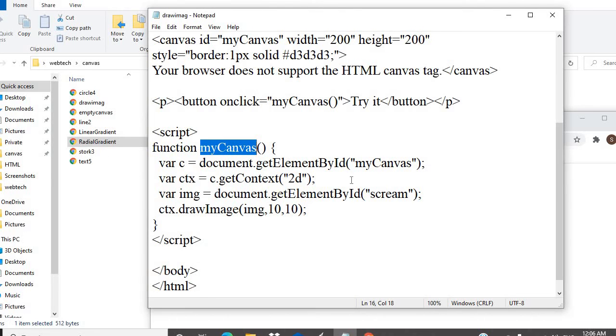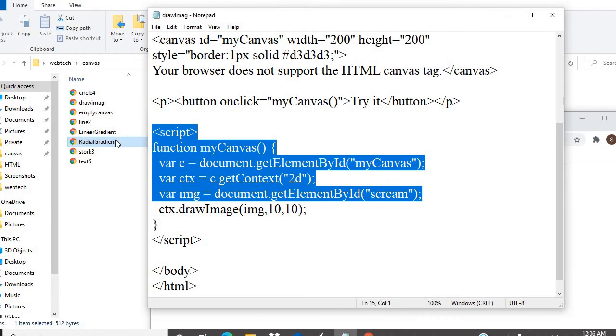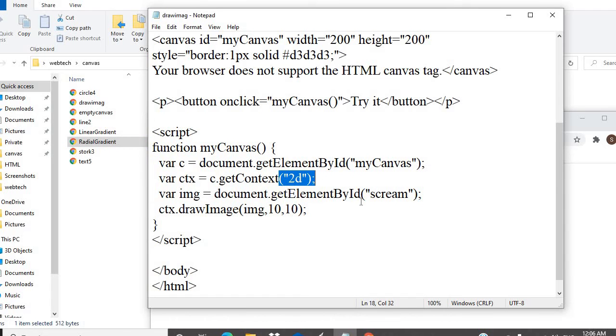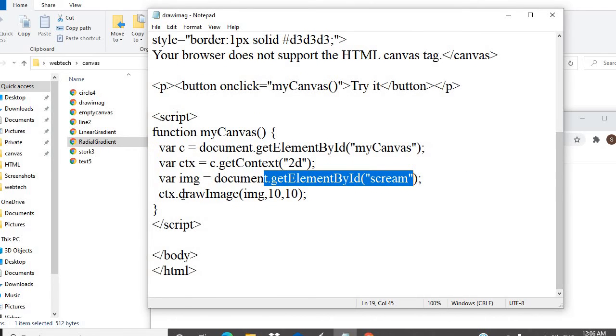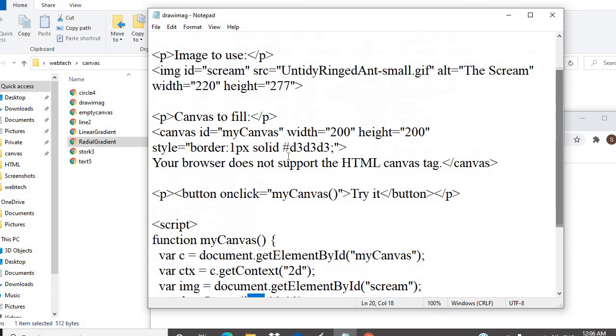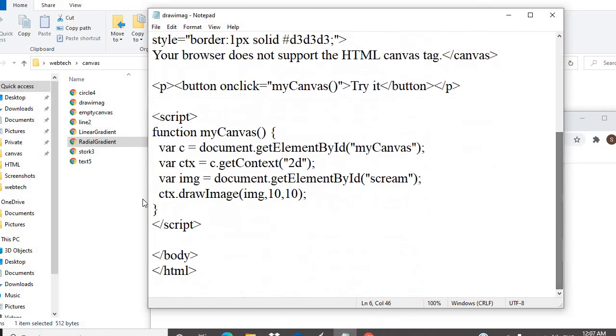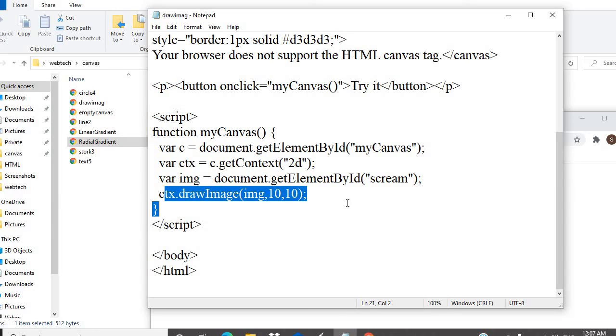Now the same procedure is there. These lines, always remember, are supposed to be the same in every script. So we are creating the 2D shape. Now after that we are calling this function. Now we want to draw this image, and this is an image, meaning we are calling whichever image we have inserted over here. So we are calling that image with the help of draw image.